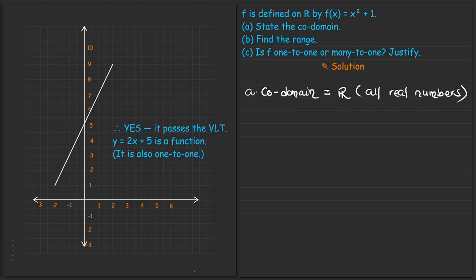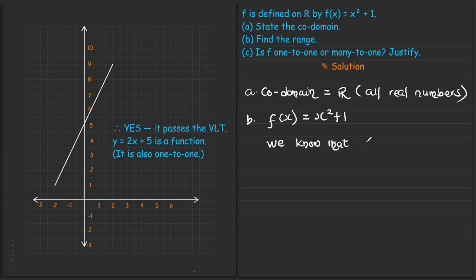Now for the range, we can't list out every element in this function. You see, so we have f of x, which is equal to x squared plus 1. If we wanted the range, x can start from 1, 2, 3, 4, and it goes on and on to infinity. So the range would also continue to infinity, but we can describe it. You see, now we know that